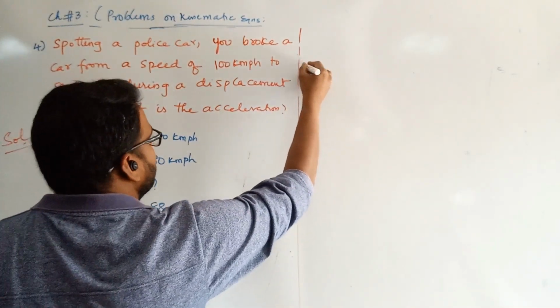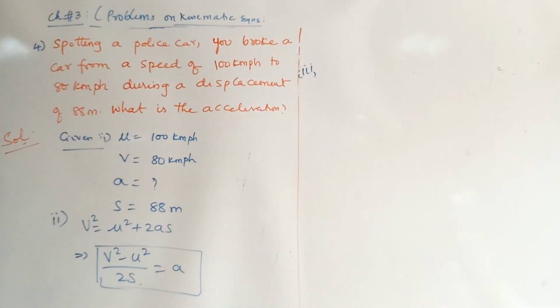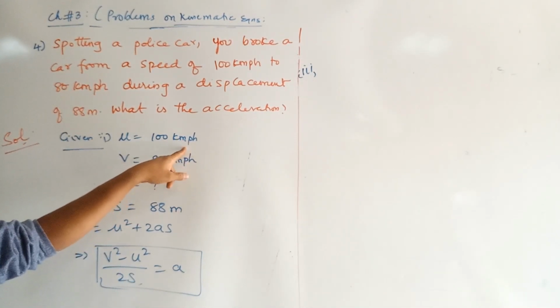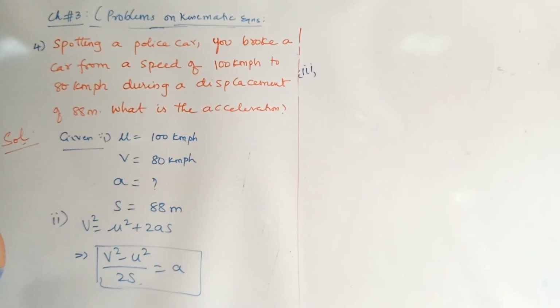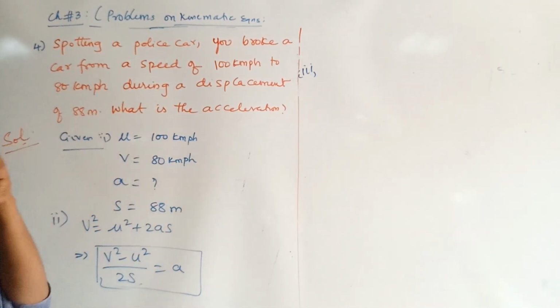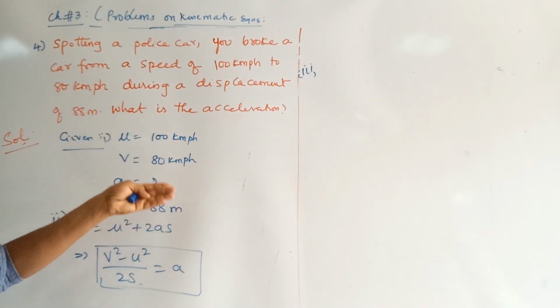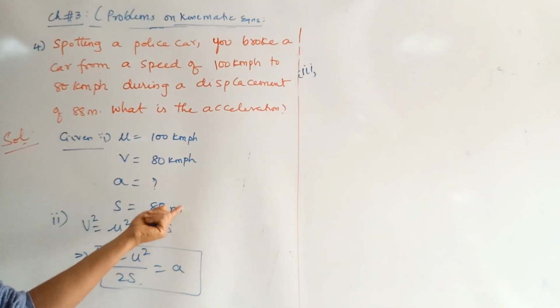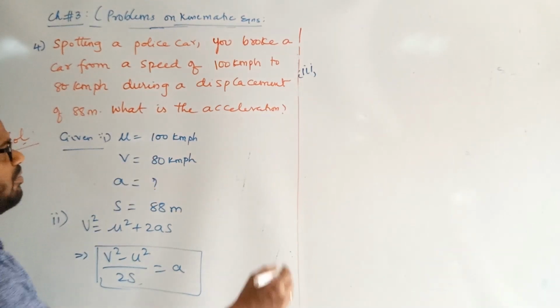Third step. I am taking it elaborately just to make you familiar with the usage of things in a problem. From the next problem onwards, we should be in a position to solve this directly. v square minus u square by 2s is equal to a. Third point: you should check the system of units. Are all the same units? This is in kilometers, this is in meters, this is in hours, and time is not given. Generally it would be in seconds, so it is customary to convert these into meters per second because the displacement is in meters.